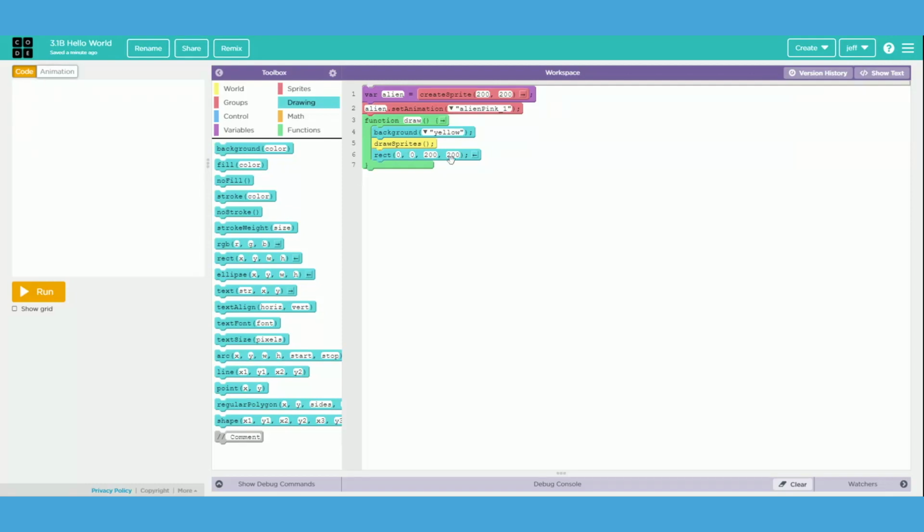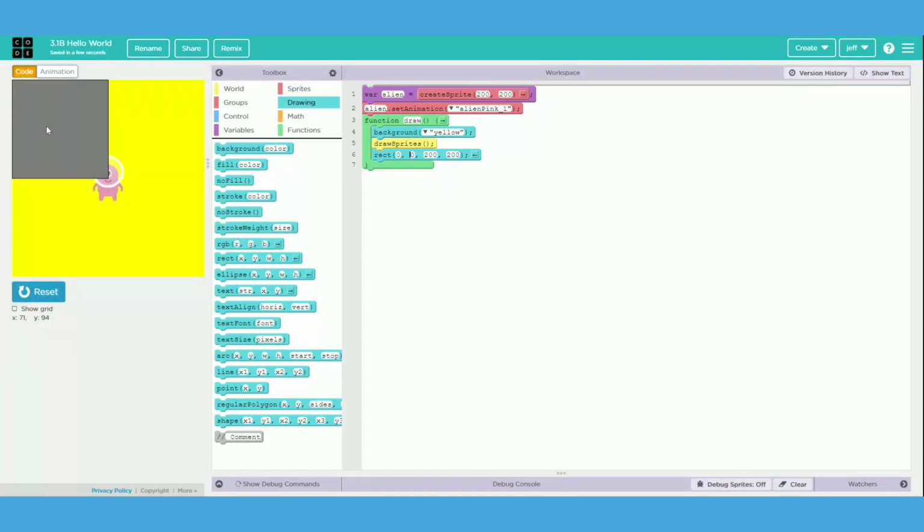Since these two numbers are the same, it's actually going to be a square. If the height and the width are both 200, that means all the sides are 200. That means it's a square. All right, let's test it and see what I get. I'm going to go ahead and run it. And notice the default value of this rectangle ends up being